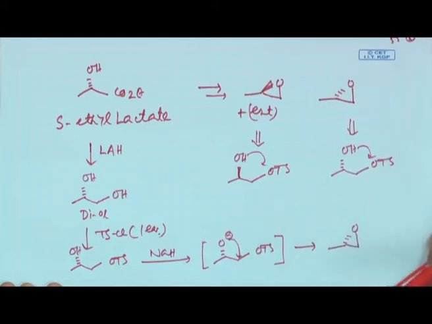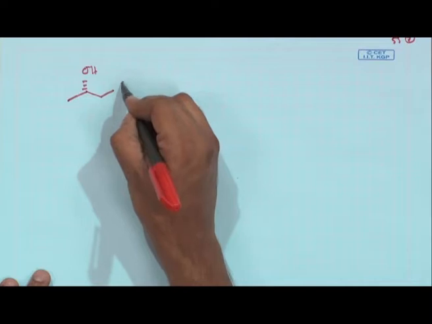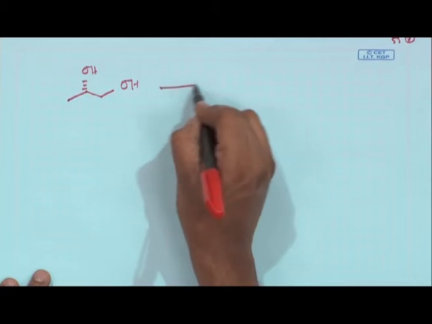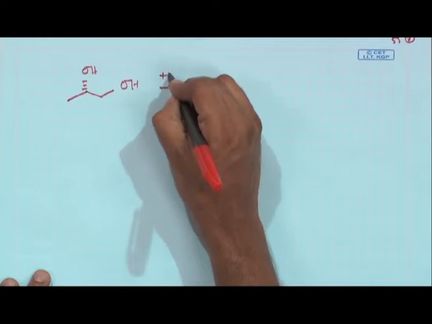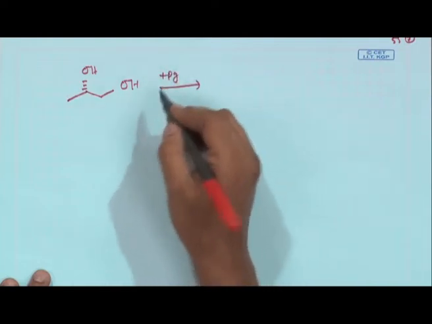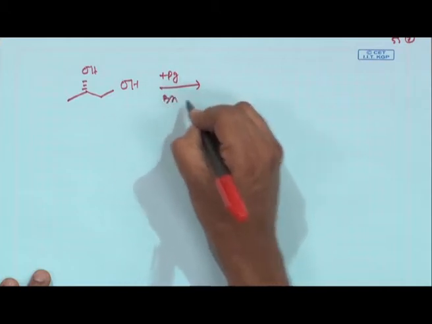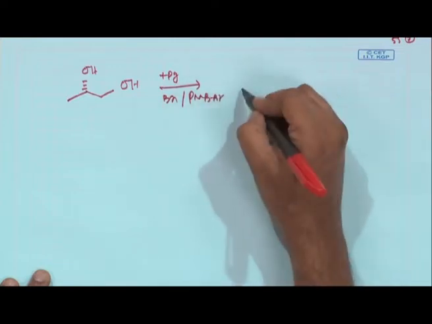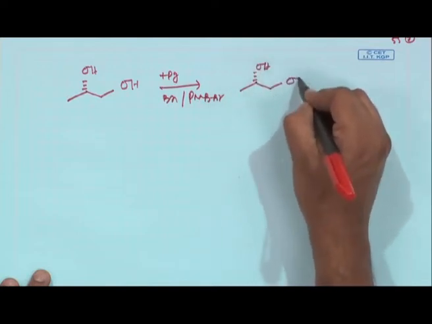Now, for the other enantiomer, probably you need something else. As I said, you probably need to invert the stereocenter. Now, this inversion requires something else. Basically, you have a free hydroxy group, so probably the best way is to first protect this hydroxy group. The best protecting group for this kind of thing is benzyl or PMB, using benzyl bromide or PMB bromide. So, first let us do the protection, let us say benzyl.